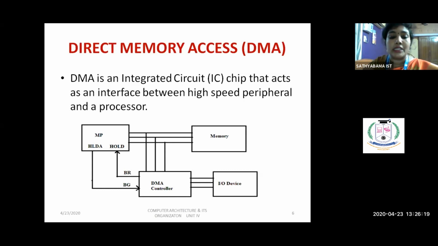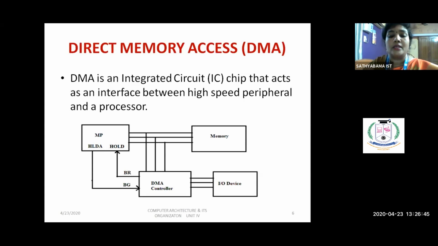BR means bus request signal, BG is bus grant signal. So the hold signal is nothing but the bus request signal, denoted by BR. Hold acknowledgement signal is nothing but your bus grant signal, written as BG. What are the buses available? Address bus, data bus and control bus.